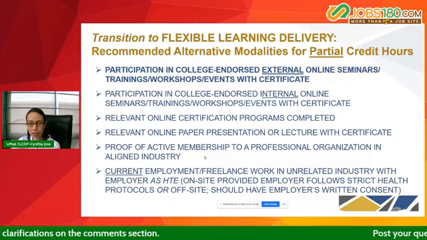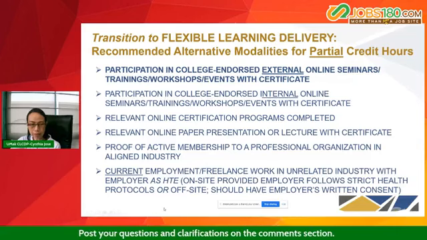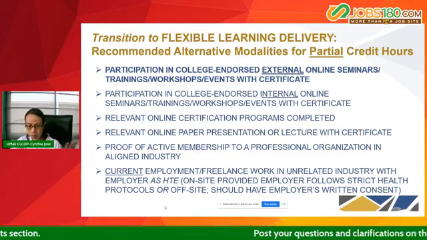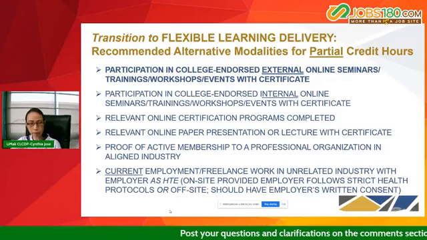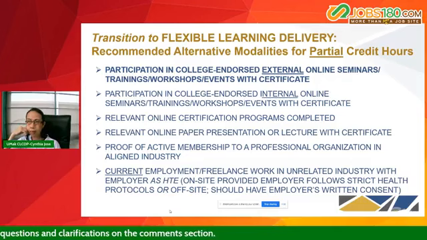One of your OJT coordinators said that this can be granted partial credit hours. Finally, if you are currently employed but it's not related to your course, I think pwede, at least as far as our office is concerned, pwede siyang i-grant ng partial credit hours